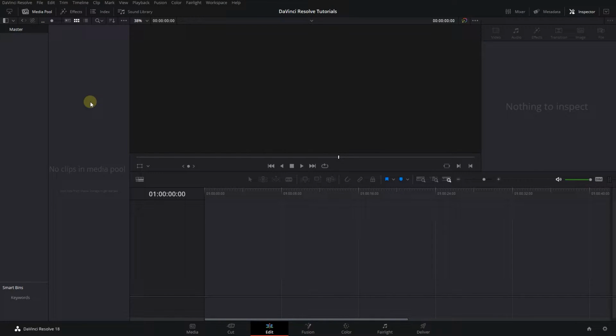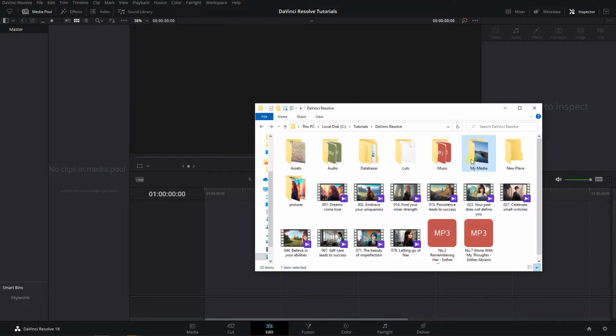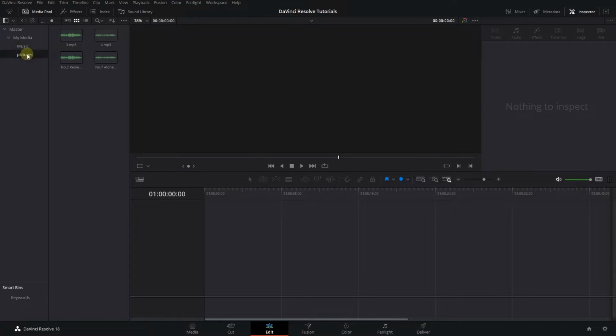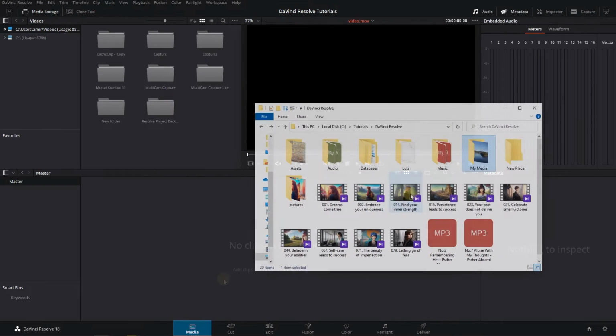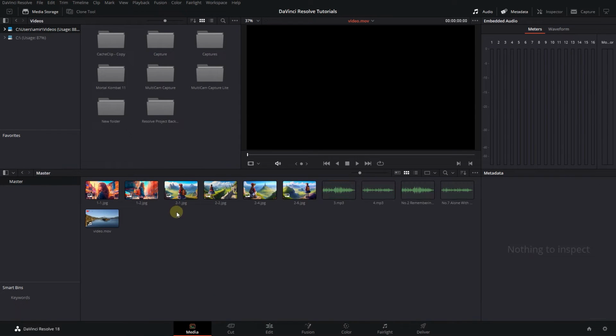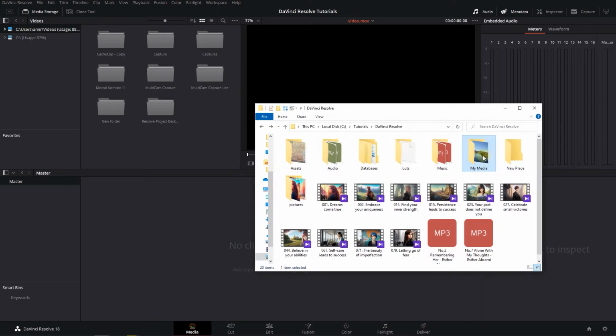To maintain the folder structure, first, make sure to click on this button to see the left pane. Now drag the folder inside the left side of the media pool. This way, Davinci keeps my folder structures. The same thing is also true on the media page. Drag the folder to the center if you don't want the structure, and drag it to the left if you